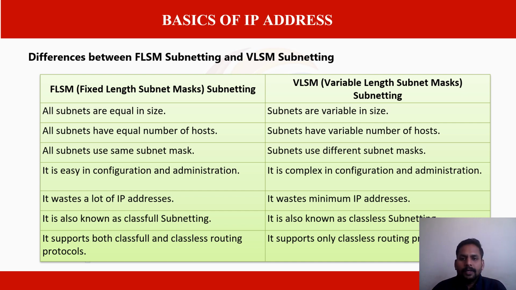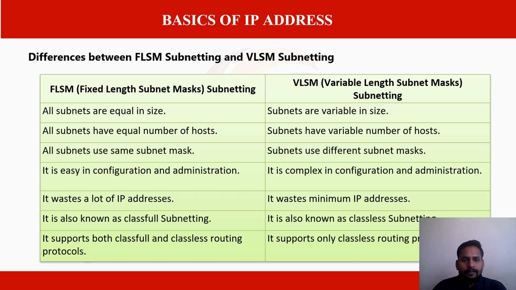But if you're going for the variable length subnet mask, then automatically the subnet counting also will get varied. For some networks we can use a minimum number of subnets, and for some network configurations we can go with a larger number of subnets, but all the subnets will be created under the same classes of IP only. And the next point is all subnets have an equal number of hosts, right? Because we are having an equal number of networks, right? So under that network we can create the same